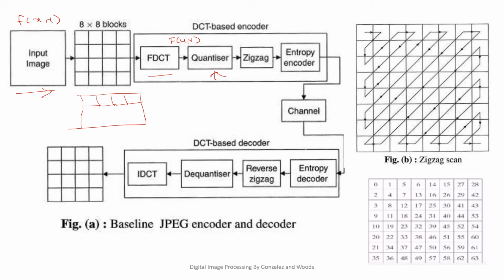For example, instead of using more quantization levels for a particular gray level, we can use fewer quantization levels. There are different ways to do this quantization. So after quantization,